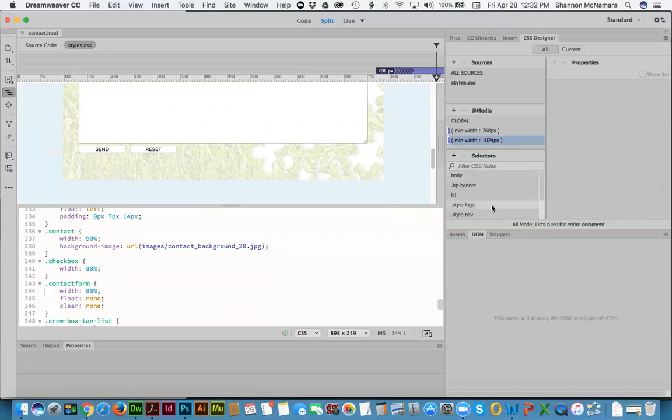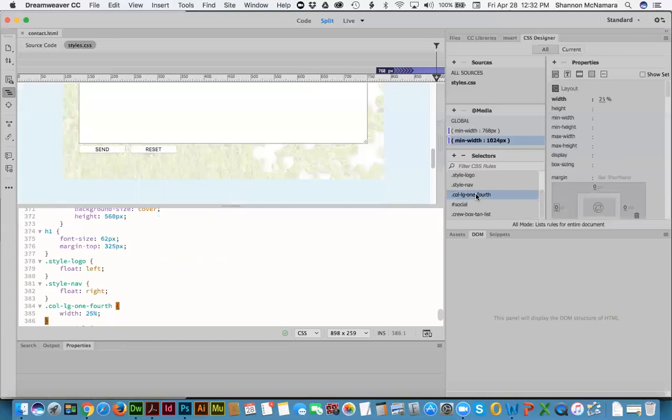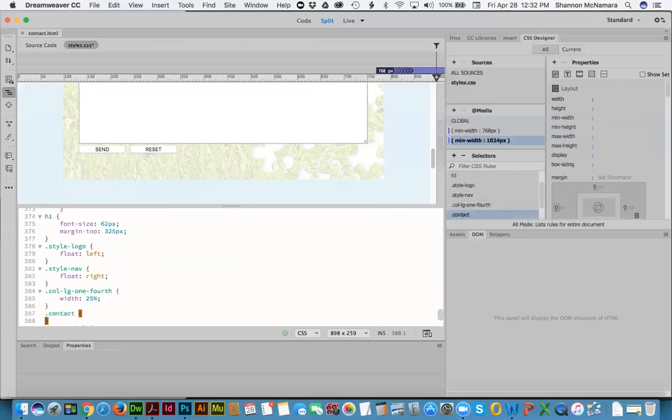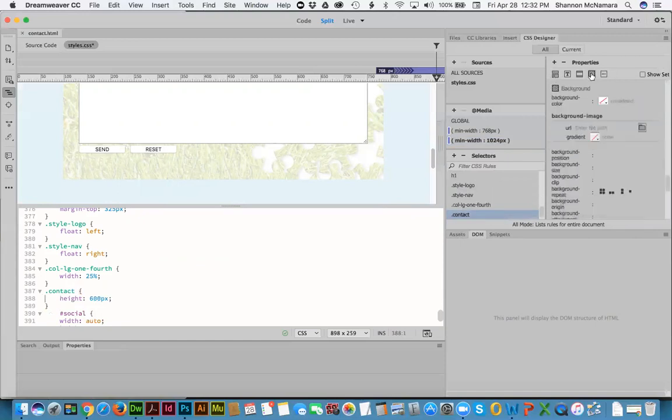So underneath with 1024 selected, let's go down to probably this one. And I'm going to add a selector and name it contact. And I am going to change the height to 600 pixels. And the background,